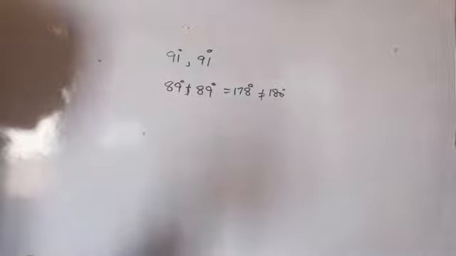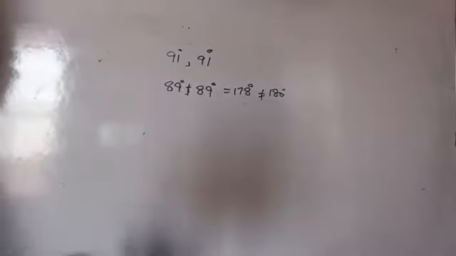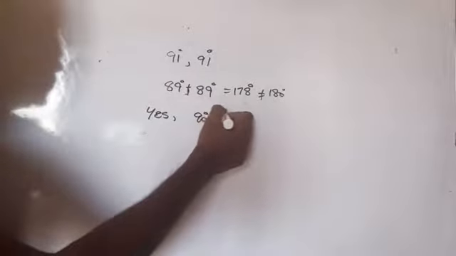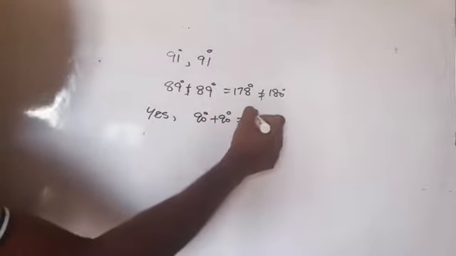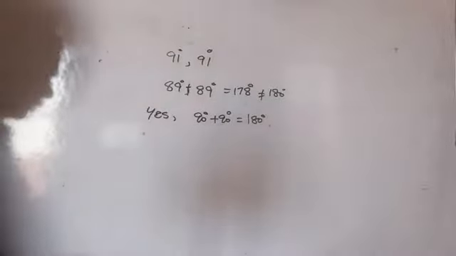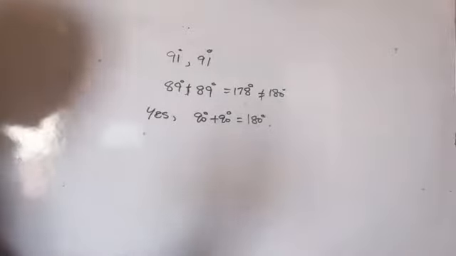Then, can two right angles be supplementary? Yes, definitely. Because 90 degree, 90 degree. These two angles are what? Right angle. At the same time, 90 plus 90 is what? 180 degree. Are you getting here? Yes. So, can two right angles be supplementary? Yes, it is possible. Then, can two acute angles be complement to each other?